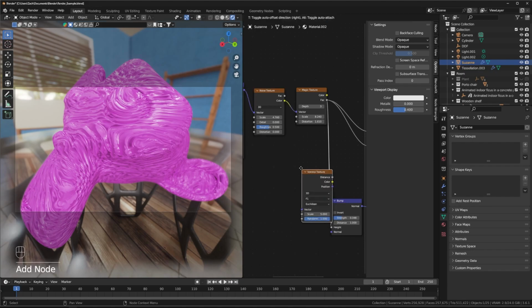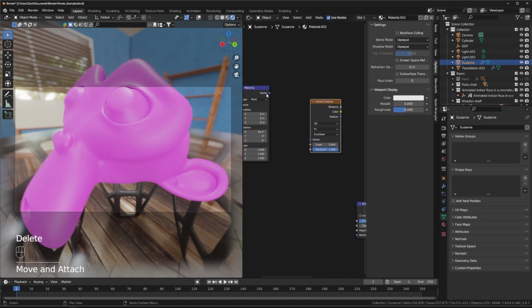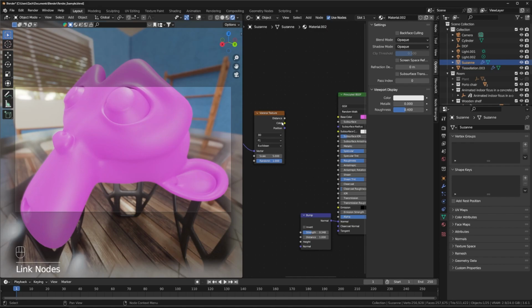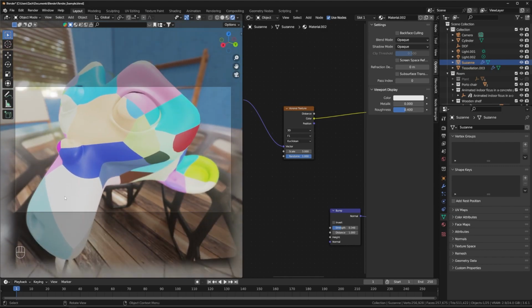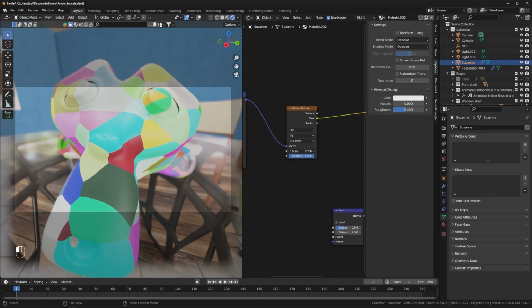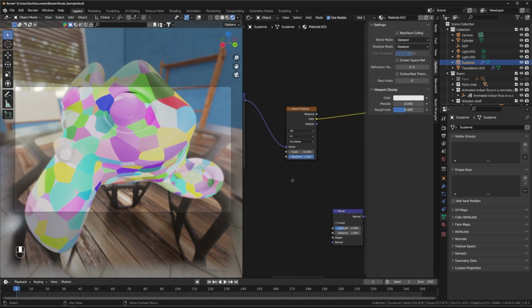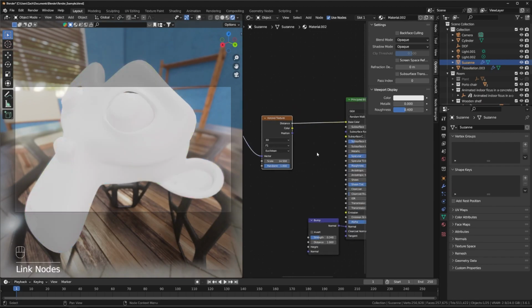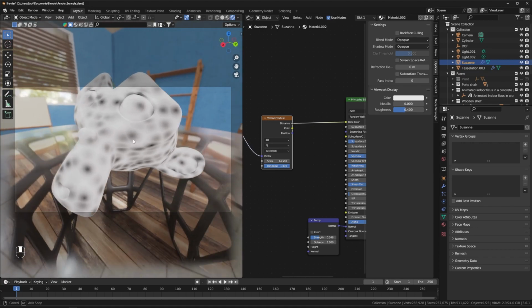There's also Voronoi. The Voronoi texture is kind of interesting because it's not really what you might think. Voronoi creates cellular structures, right? So if we go color into base color, we'll get this kind of choppy, cellular distribution of color. But if we actually use distance, you can see that we start to get your more classic Voronoi look,